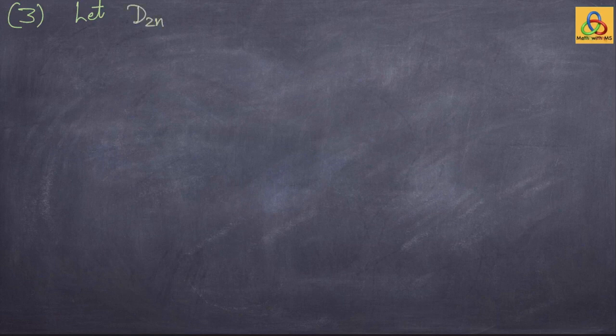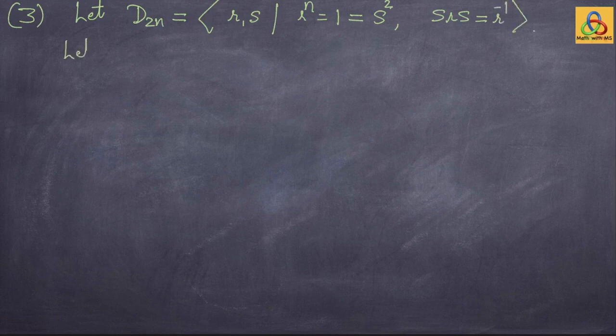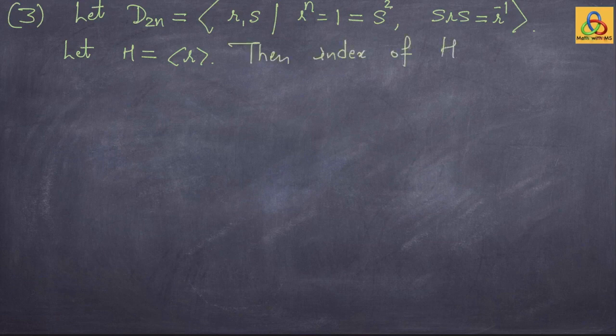Example number 3: let D2n be the dihedral group of order 2n, which is generated by two elements R and S, where R to the power n is 1, which is the same as S square, and S R S is R inverse. So, let us take H to be the subgroup generated by R. Then the index of H in D2n is precisely 2,